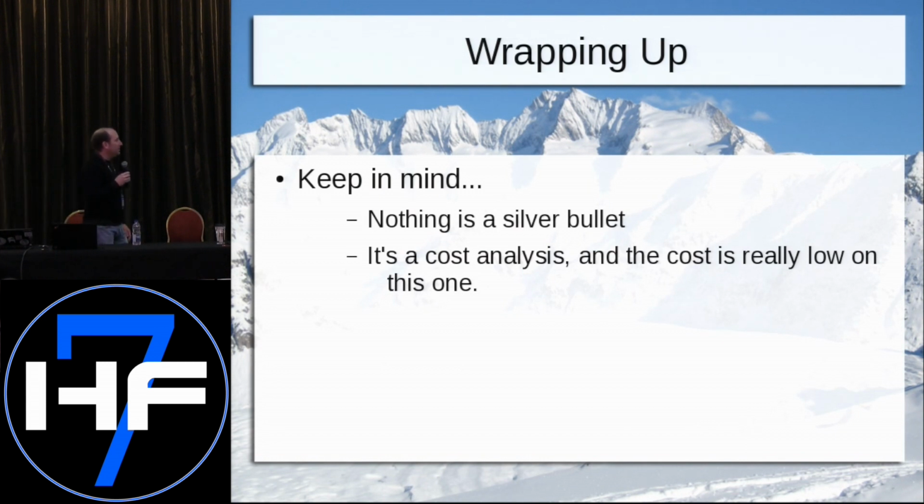It's a cost analysis. The cost on this one's really low. The performance overhead is 0. i386 switching to the new PMAP model, the performance overhead is maybe like 0.02% or something. It's really, really quick. Most of the modern processors are really advanced in the way that they read that page table format now. So the model is a cost analysis and the cost is low.